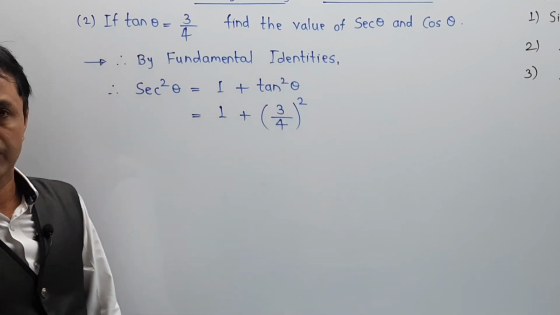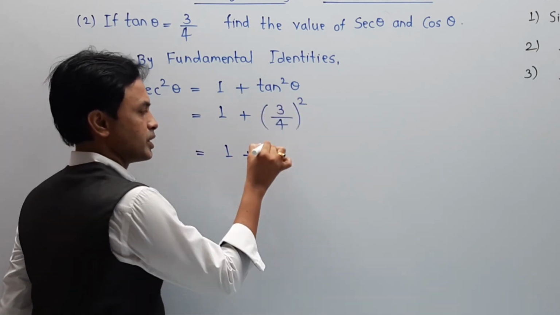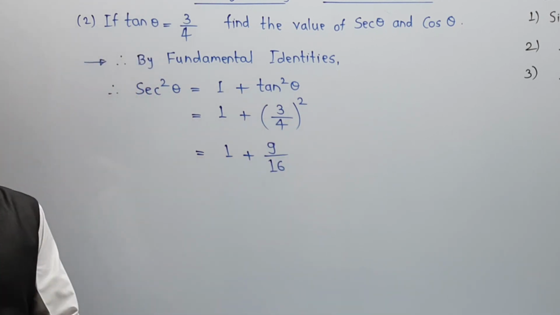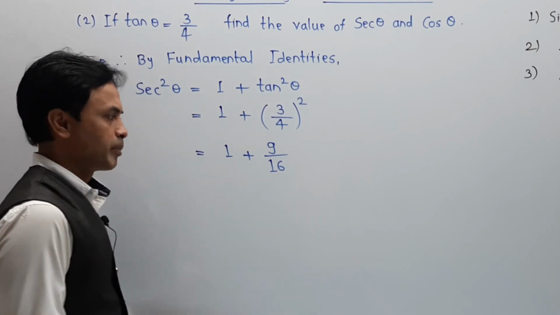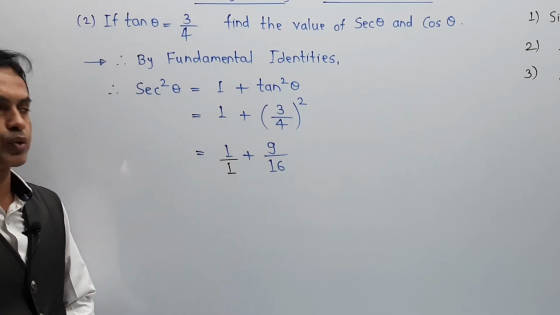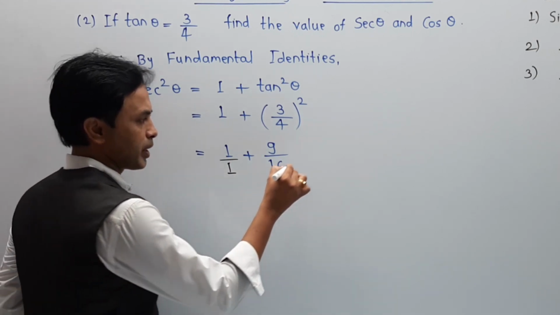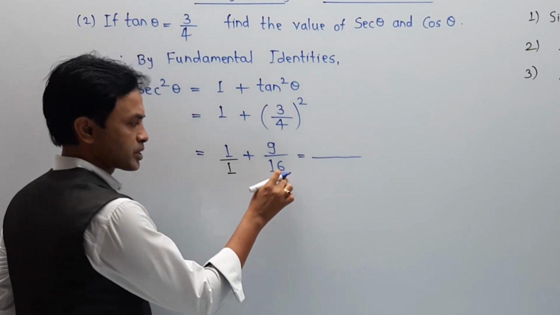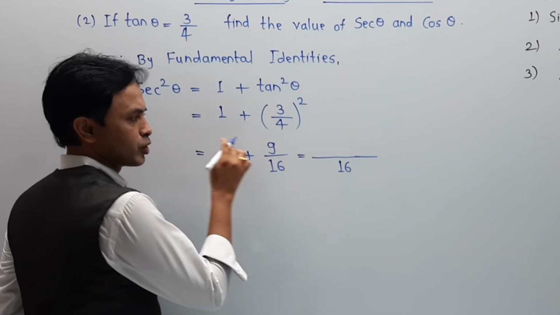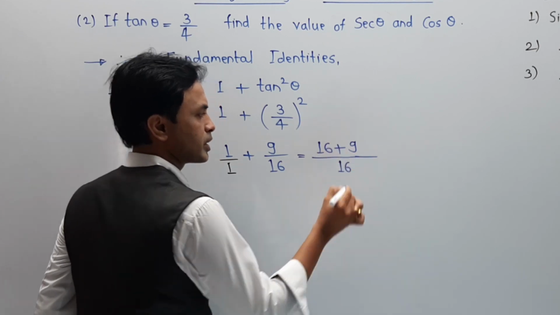Moving to the next part, the simplification is: here 1 plus 3 square is 9 and 4 square is 16. In this case, remember student, this 1 is not independent. You can say it is already divided by 1, because if there is no base, you can surely say that that number is divisible by 1 itself. Now the simplification step is 16 into 1, so it becomes 16, and 1 into 9 is 9, and the plus sign is over here.